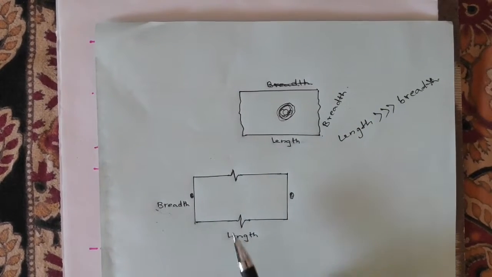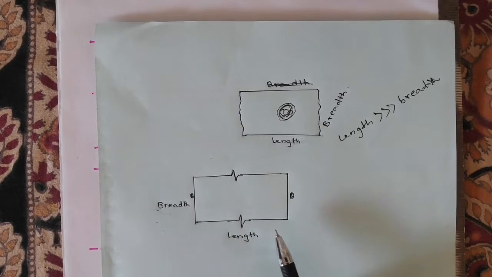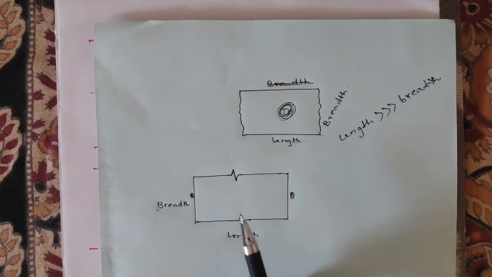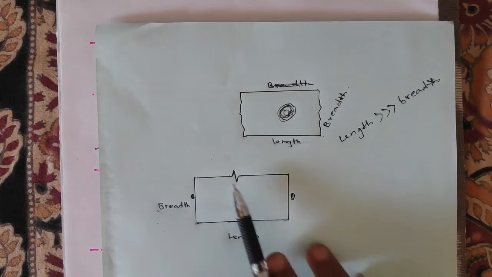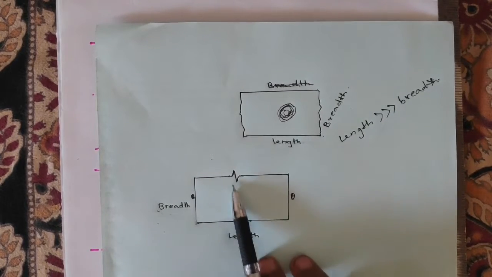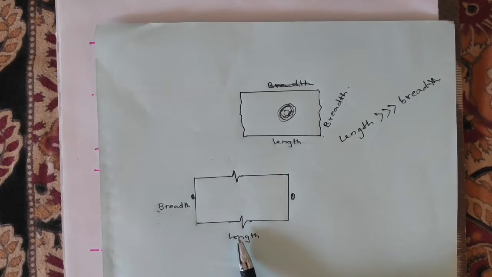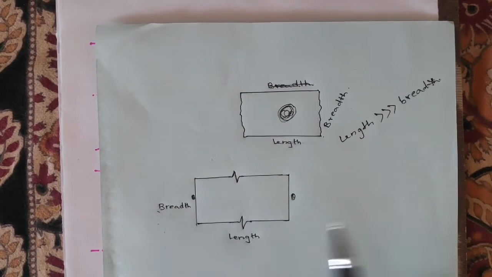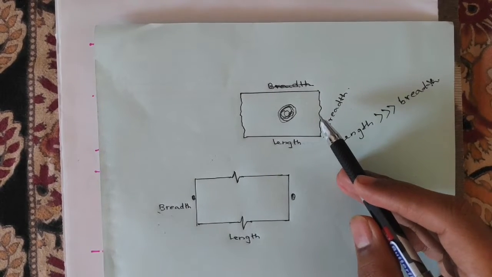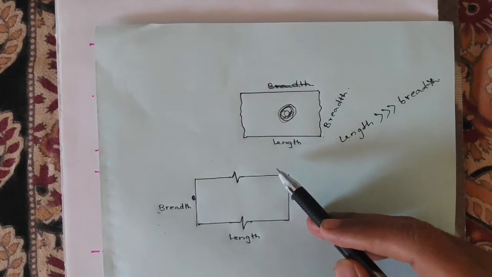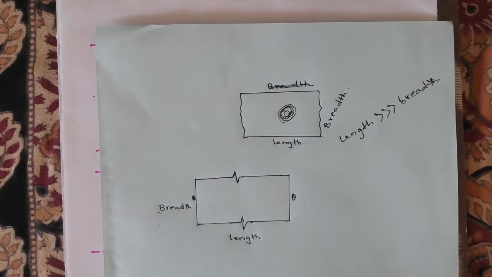Here also, when the length of the rectangle is very much greater than the breadth, but you are concerned about the ends of this rectangle and not what is happening in the center, we denote it using a continuous zigzag line. So these are the two applications of using a continuous freehand line and a continuous zigzag line.